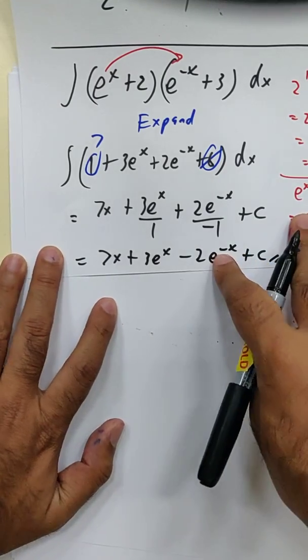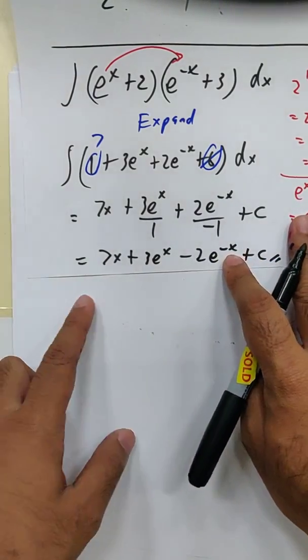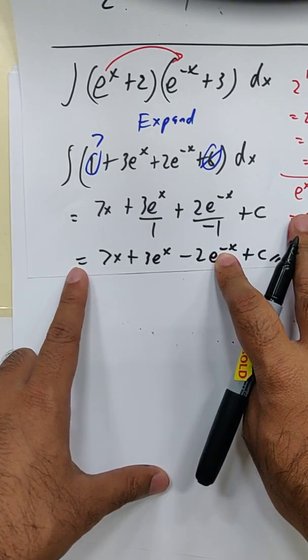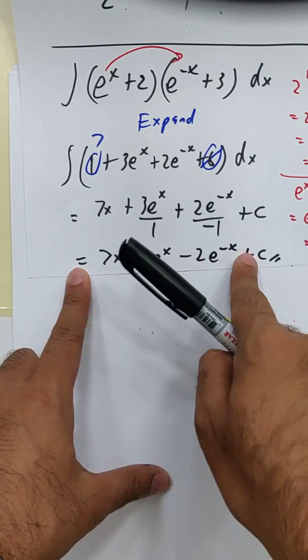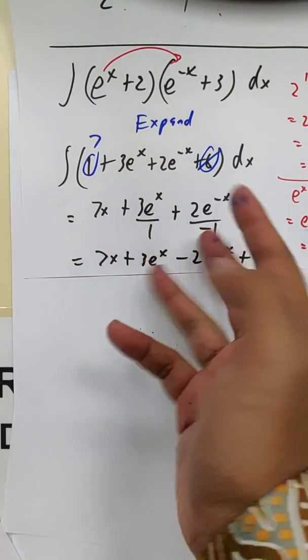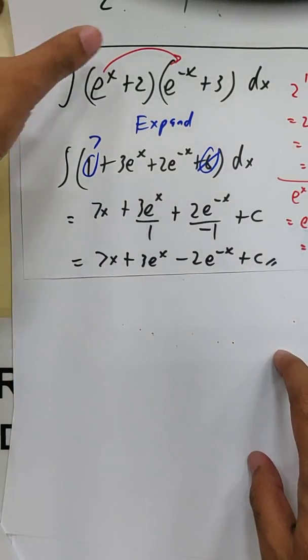And some people argue, sir, e^(-x), should we not make it as 1 over e^x? You can leave it at this, or you can do 1 over. Things are fine. So what about the arrangement, sir? You still get full marks in any permutation, in any way of arrangement. Okay? And finally,